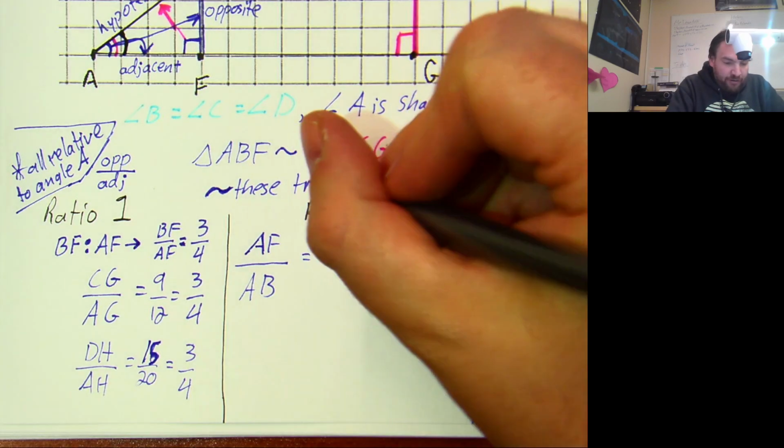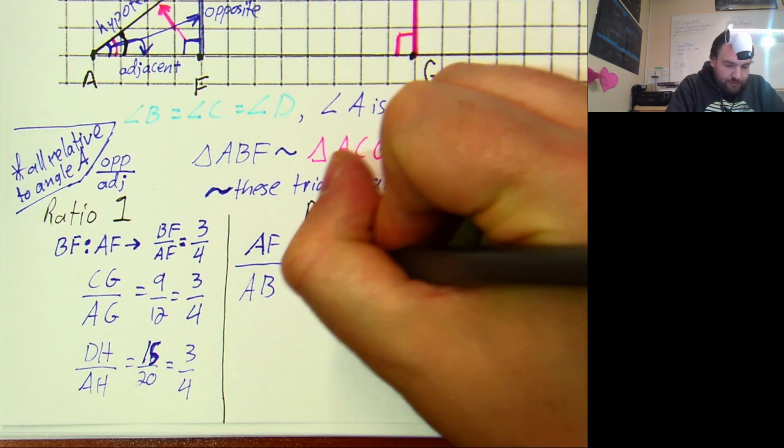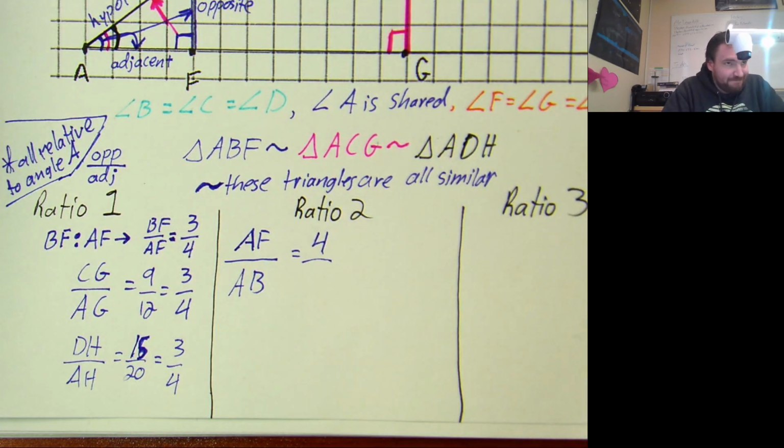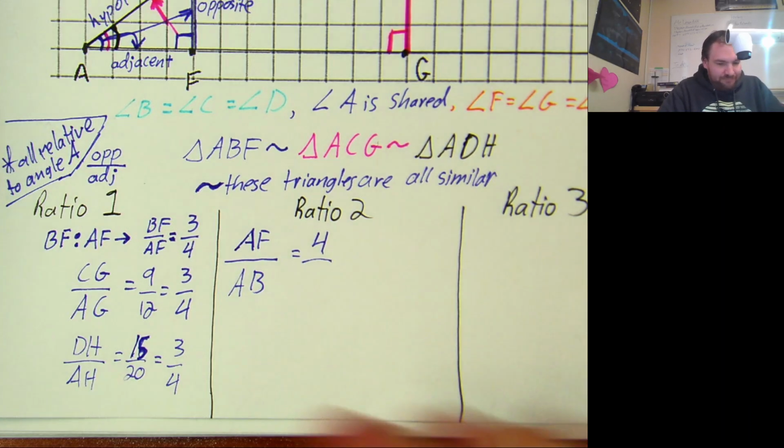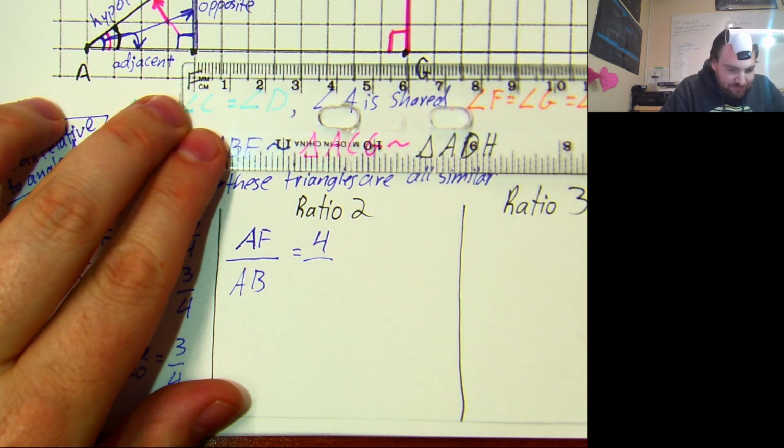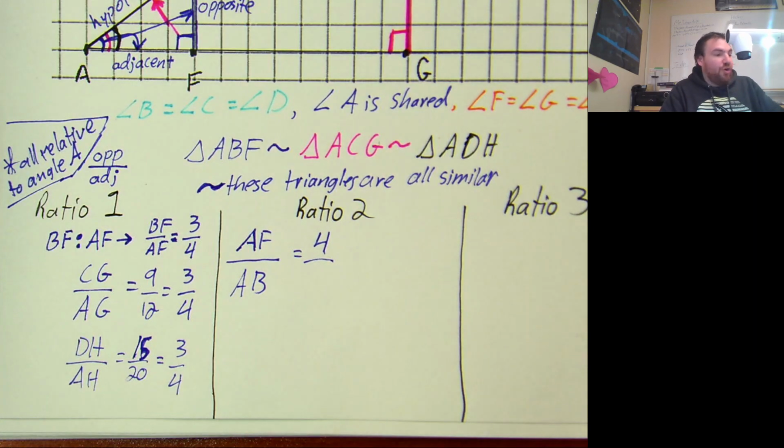AF is 4. What's AB? Is it... I don't know. What is it? 4 squared is 16, and 3 squared is 9, and 16 plus 9... Oh, you're using secret hidden knowledge. I like it. So using secret hidden knowledge that you were all supposed to learn in grade 8,